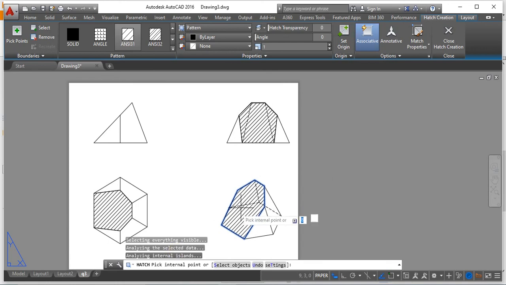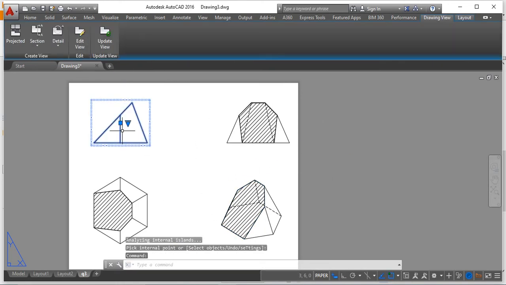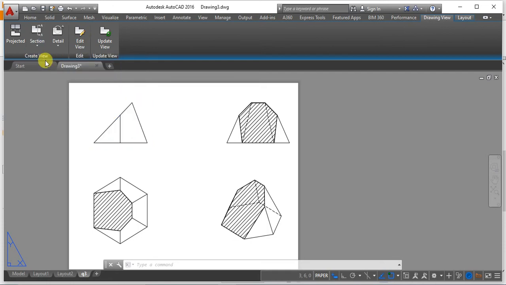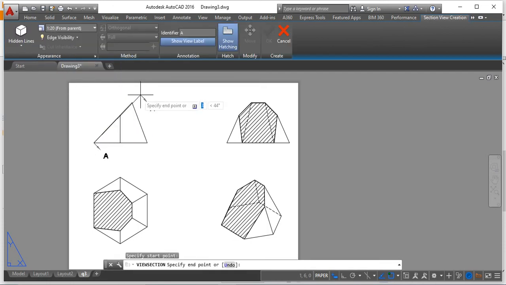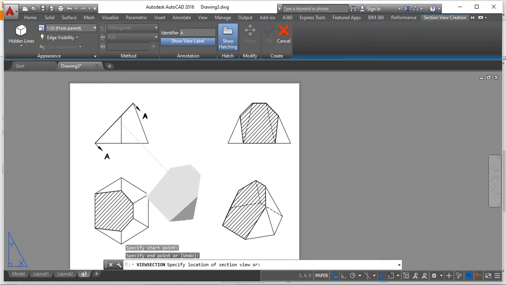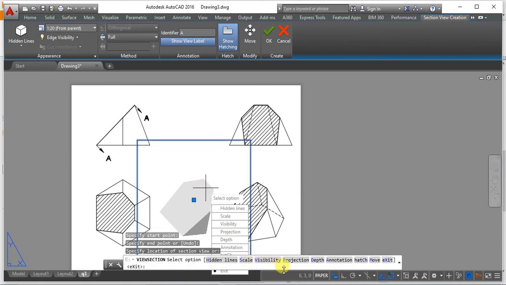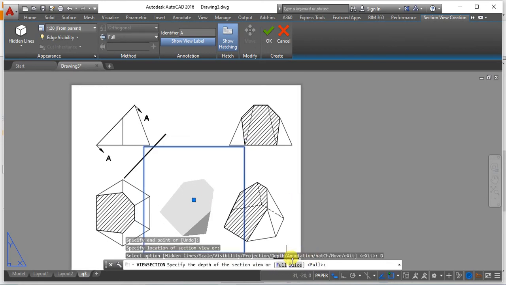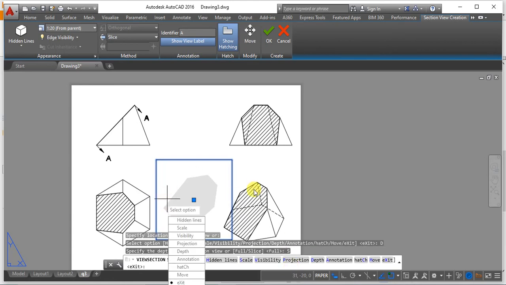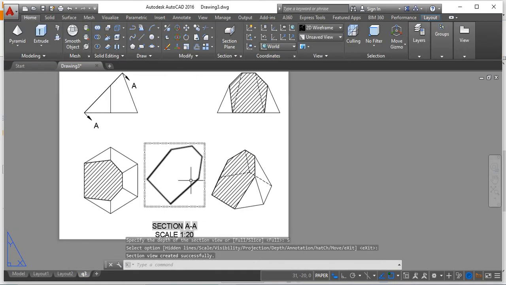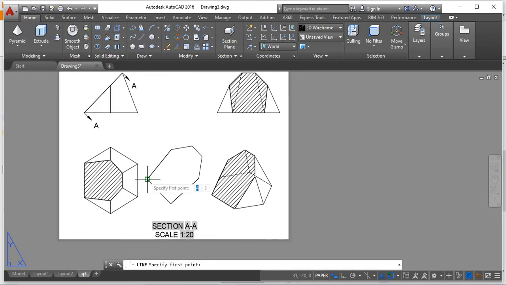So this is how you can make the hatching part, after which you have to project the true shape of the thing. For this, click on the front view. You will get 5 tabs available here. Click on full, select one end, the other end, then drag it downwards, then select depth, followed by select slice. It will automatically show the sliced part. Then repeat the same thing for this, in order to create the edge.